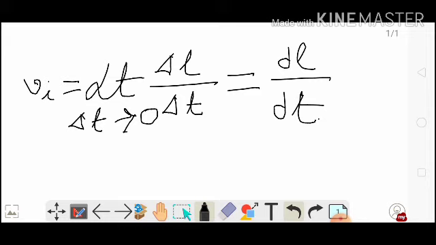So how do we define that? As you can see on the screen, Vi is the instantaneous speed. This is called limit, and the time interval is so small that it is almost near to 0. That's why I have written it like this, limit del t tends to 0, and this is del L by del t,